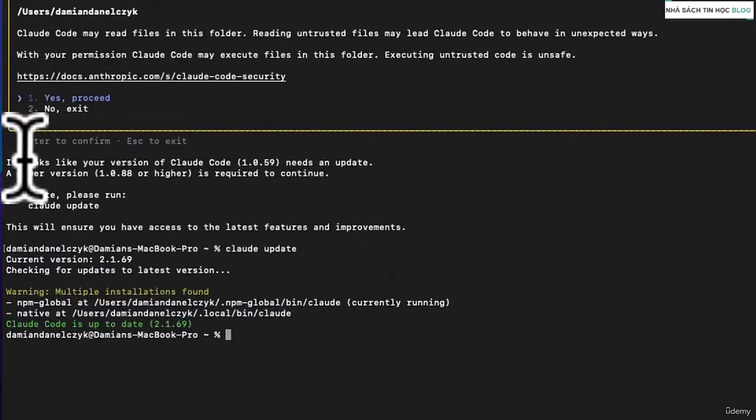Now I got a message saying my version of Claude Code needed an update. That's just because I had an older version already installed on my computer. If you are installing Claude Code for the first time, you won't see this. But just in case you do, all you need to do is just type Claude update and hit enter, and it will sort itself out automatically.